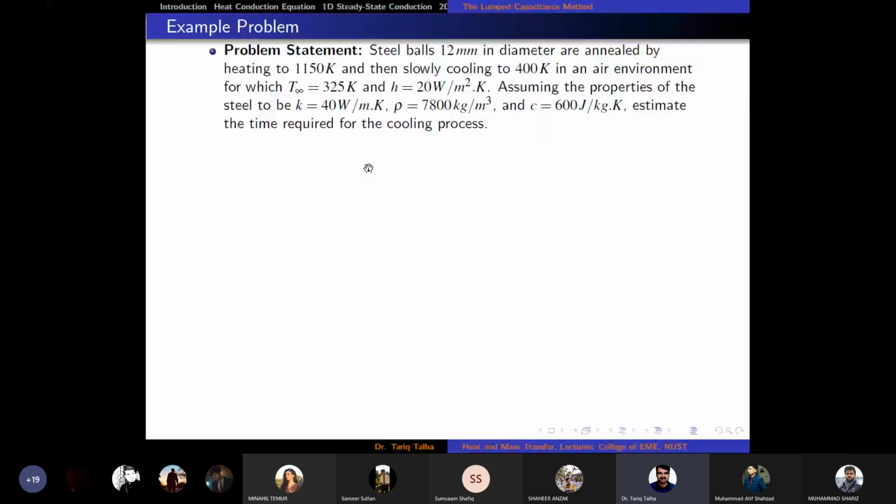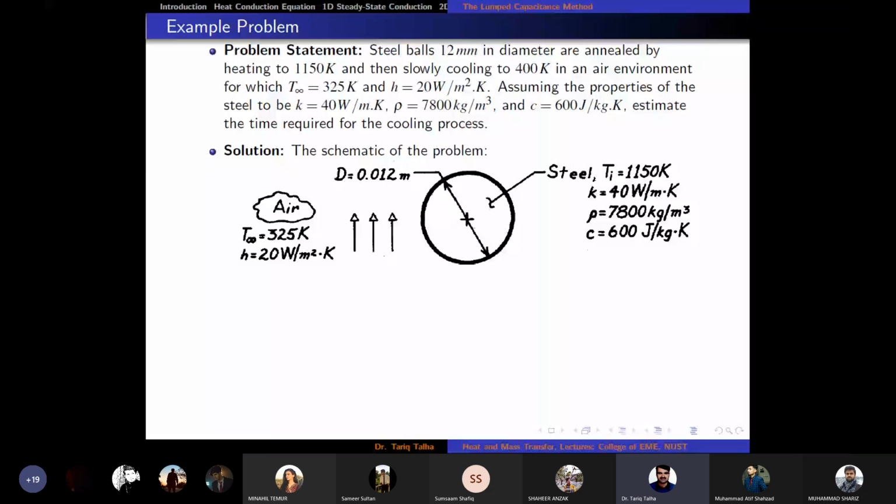So this is our schematic of that. Diameter is given, steel properties are given, air properties are also given. So first of all, we calculate the characteristic length, which is the volume of a sphere divided by the surface area of a sphere. We know that the volume of a sphere is basically 4/3 π r³,